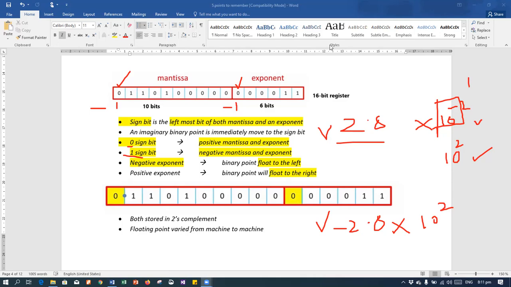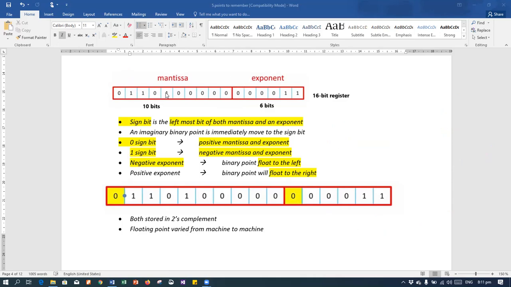हाँ, मैं ये बोल रही थी कि आपके पास एक्सपोनेंट और mantissa दो चीजें हैं. They both have the possibility to have either positive or negative values. So if mantissa and exponent both are positive, they always have the starting bit 0. And if both of them are negative, they always have the starting bit negative. This is the starting bit of mantissa and this is the starting bit of exponent. So if this is 0 in both the cases, that would be a positive number. And if it is negative, then it would be a 1 in the initial bits. Got it?